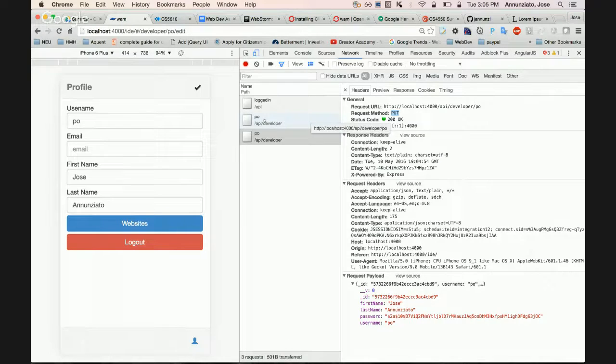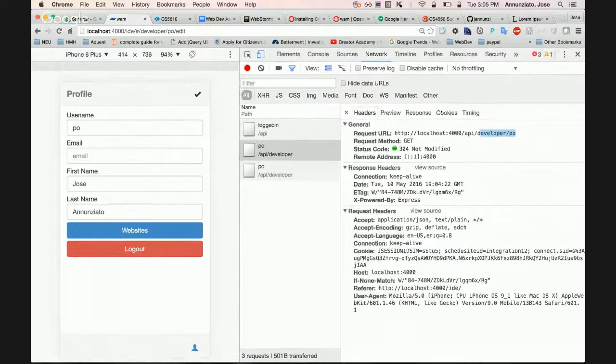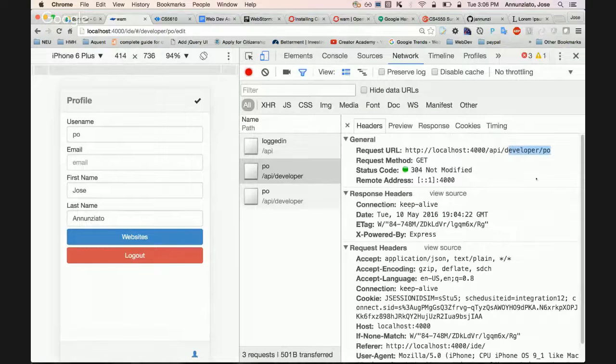Notice that here, information about the developer, it was a GET. You see that? It was a GET, and we were providing the information here. Also, I want to point out a naming convention. Whenever we're asking for data as opposed to static content, instead of asking for HTML or CSS or images, which are all static, the convention is that we prepend all those types of requests with API, meaning this is a very special type of query.